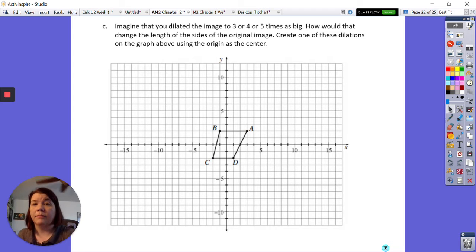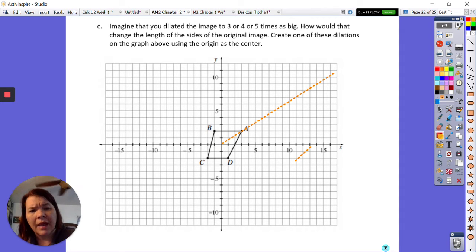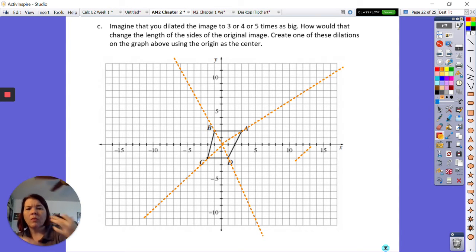Create one of these dilations on the graph using the center. So I'm probably going to go with 3, maybe 4. We'll see. I'm going to get my dashed lines in here again. Let's use orange this time. So again, I have to have the dashed lines to help me. And one way to tell what you should do that I like to use, especially when I'm using the origin as my center, is